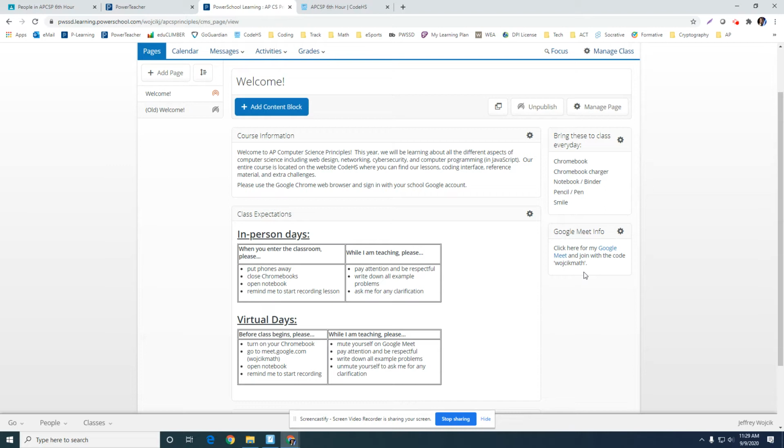The Google Meet is, I guess, optional. That's just your way to communicate with me. So that if you have a question or need me to go over something again, just log into the Google Meet, and you can either unmute yourself and just start talking. That's probably the best way because I'd hear it. Or you can just type in the Google Meet, and hopefully I will see it,